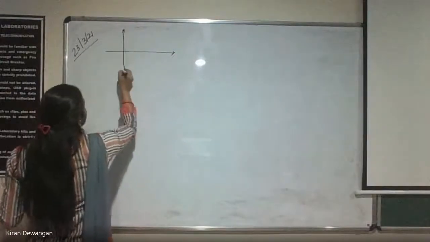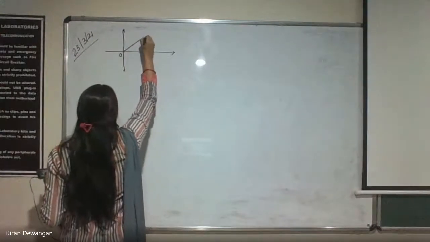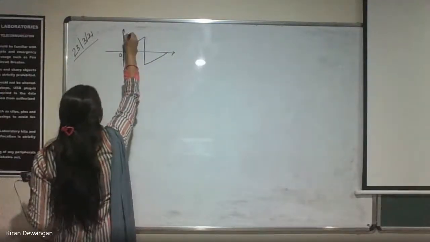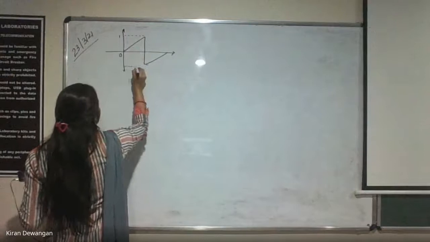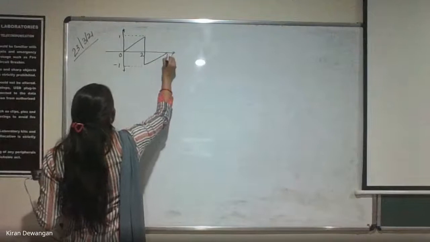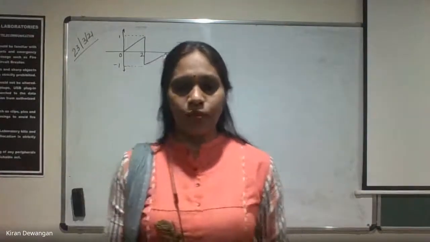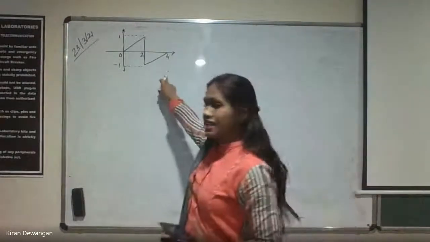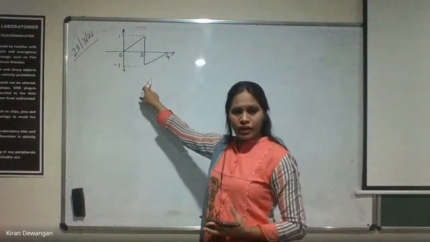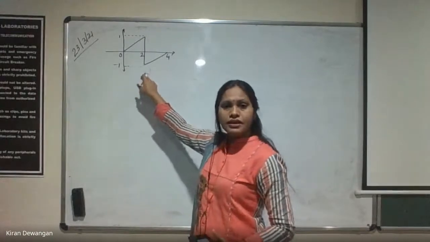The signal in singular form was like this. This value is 1 and this value was -1. This is from 0 to 2 and it's from 2 to 4. I guess everyone remembers, those who came on offline, that we were discussing this question and we couldn't do it properly. It was not coming in a proper way. So we have to just express this signal in singular form.